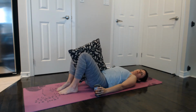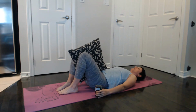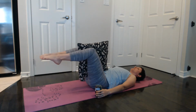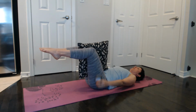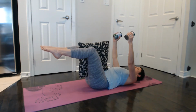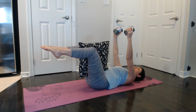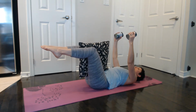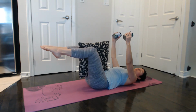Anchoring the tailbone towards the mat. So thinking about that pelvis in a nice neutral position. Getting the ribs down. Okay, we're going to bring our legs into a tabletop position. And I'm going to gently squeeze the pillow. Arms come up, sink the arm bones down towards the mat. And all I'm going to do here is just lift the arm bones towards the ceiling and sink them down towards the mat. So we're moving the shoulder blades to start, but we're engaging our core to hold our legs